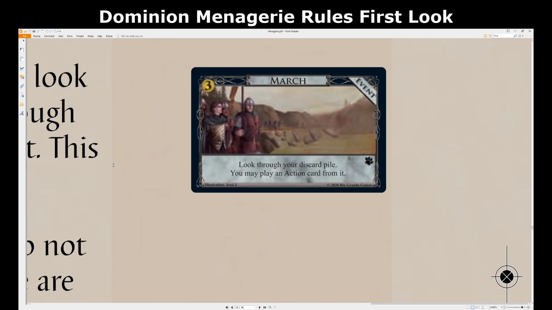Next up, we have March. 3-cost event. Look through your discard pile. You may play an action from it. So putting aside synergy with Villa, Black Market, and now Cavalry, the common case for this is going to be